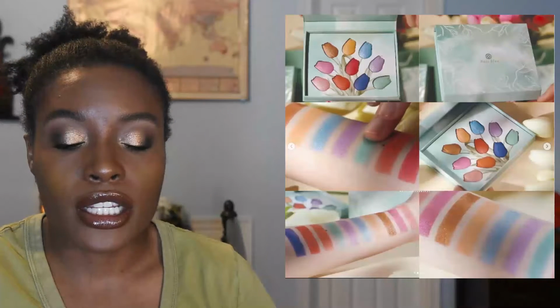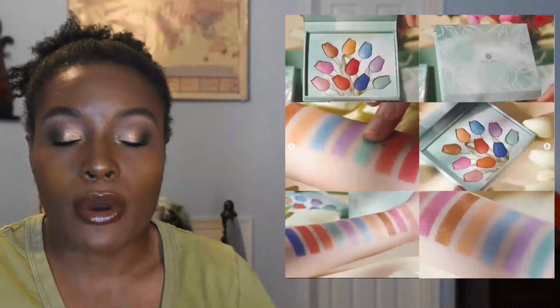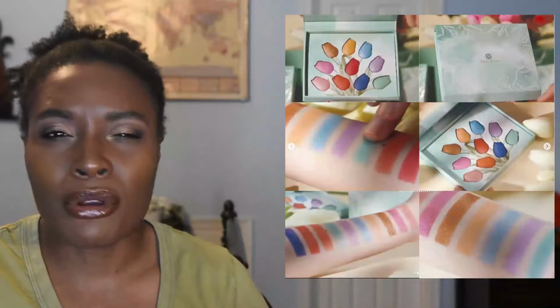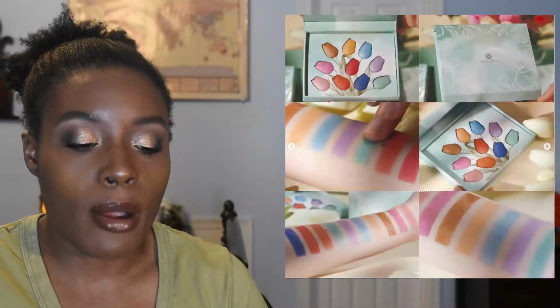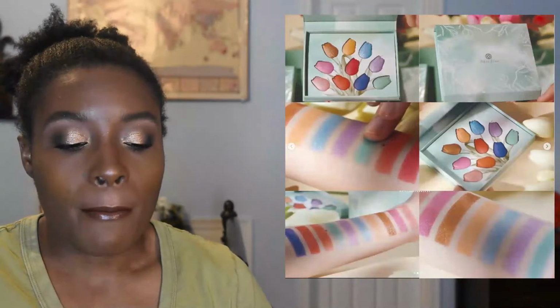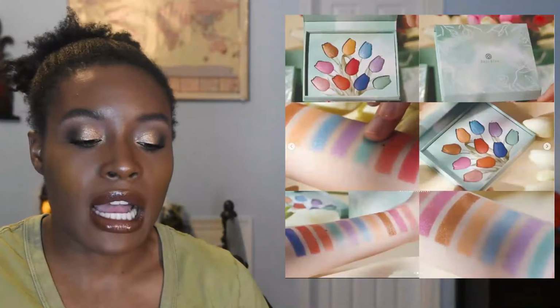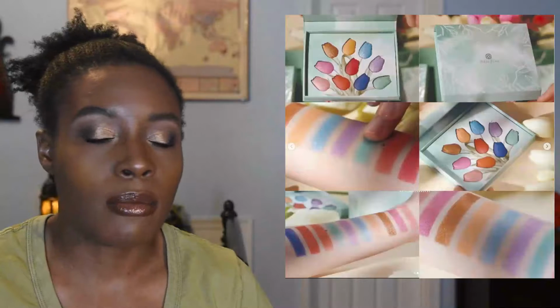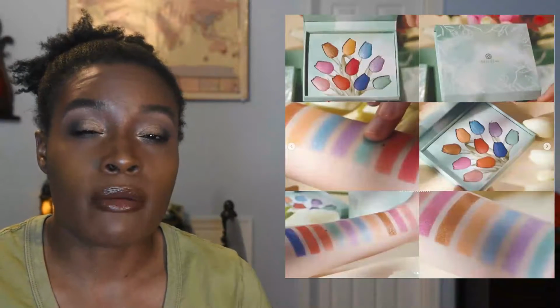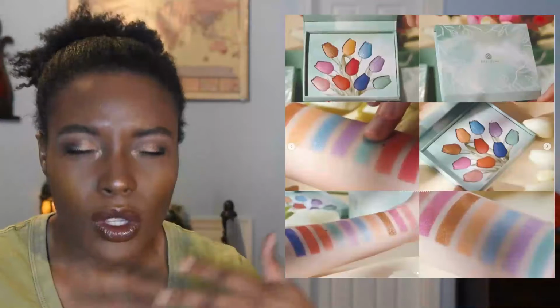So in this collection, they are launching an eyeshadow and blush palette that is imprinted in tulip format. I think this is cute, but it's not functional. It makes absolutely no sense. The formula isn't something that I think would work on somebody of my complexion. It looks to be very light and sheer, and also like a satiny type of formula. Based on the swatches that I see, that's just the vibes that I'm getting, which I think makes sense